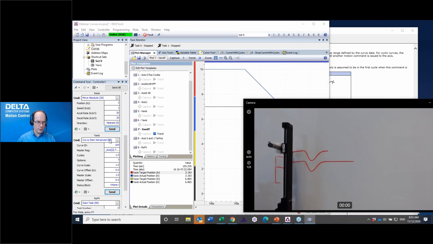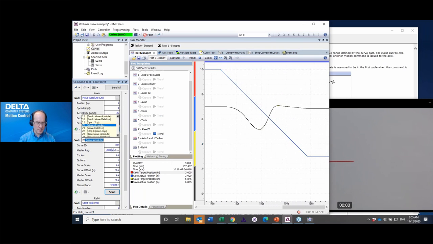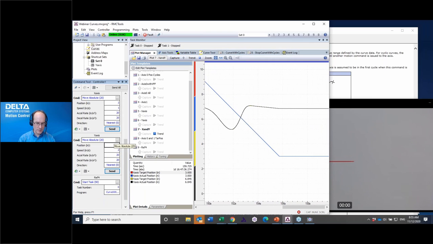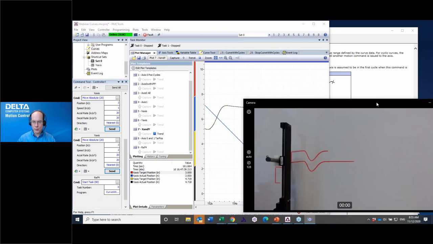And then we'll move this axis down a bit. Maybe we'll move that to 3 as well. So we're starting at a different position. I want to start the curve right here relative to where I happen to be in both the X and